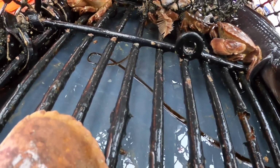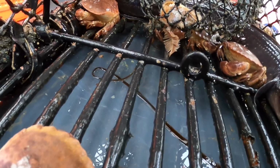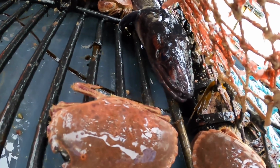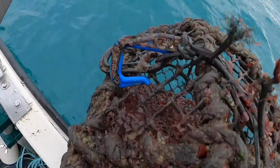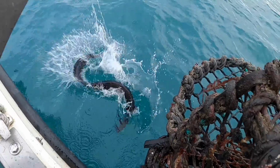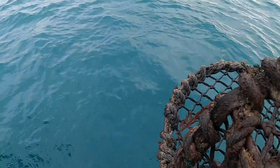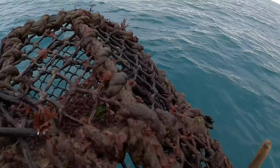I don't know if you can see it. Evil little bugger. I'm going to put this over the side and we're going to shake him out. There he is, look. There's his head. There we go. Straight out he goes, guys. That's the way to get rid of them. I hate them. Right, let's get this pot back down. Hold up, we got